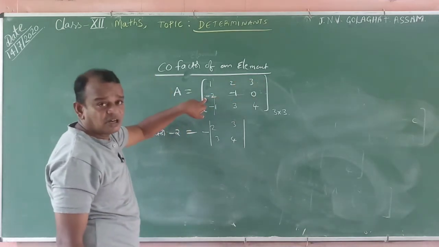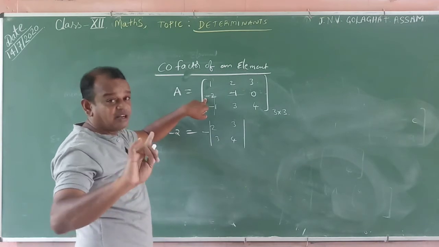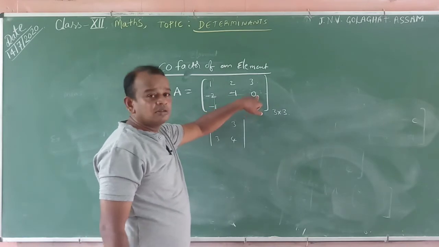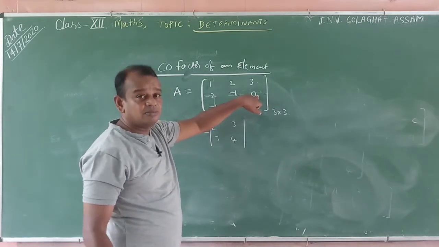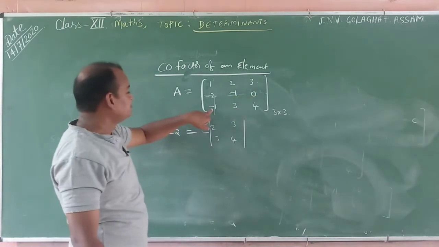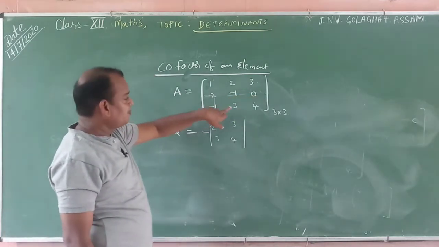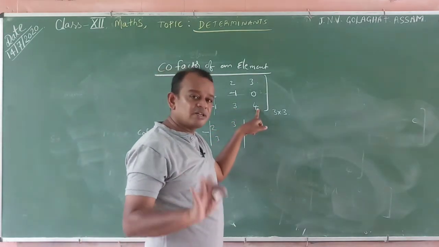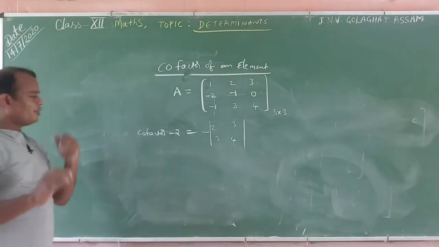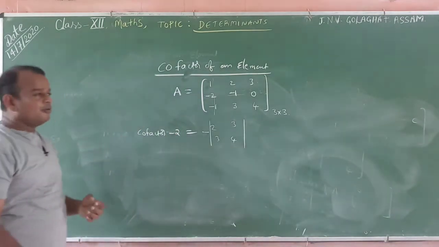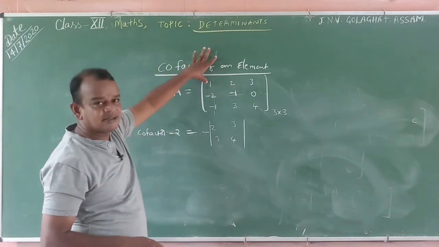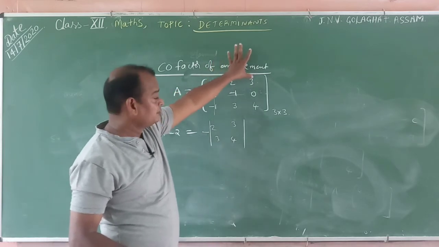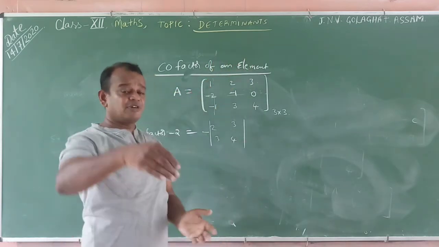In this one, second row, first column: difference in the sign only, not the value. This is second row, second column: both are the same. This is second row, third column: same value but different sign. This is third row, first column: same. Third row, second column: different in the sign. Third row, third column: both are the same. Understand or not? That's why we write the cofactors: first plus in front of the minor, minus in front of the minor, plus in front of the minor. Why? Because of minus 1 power i plus j.